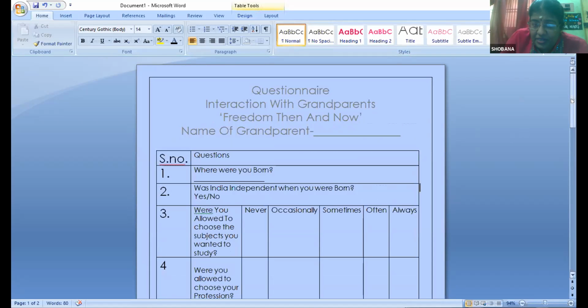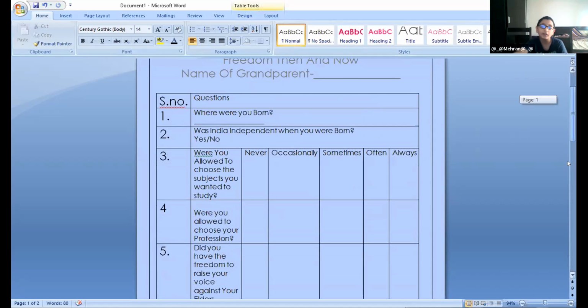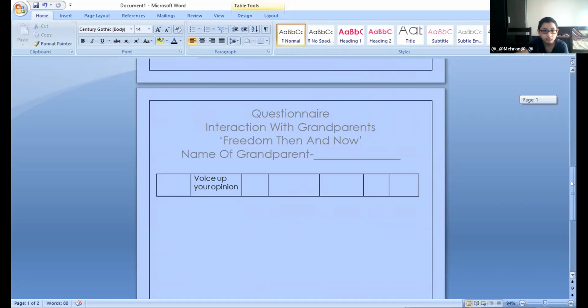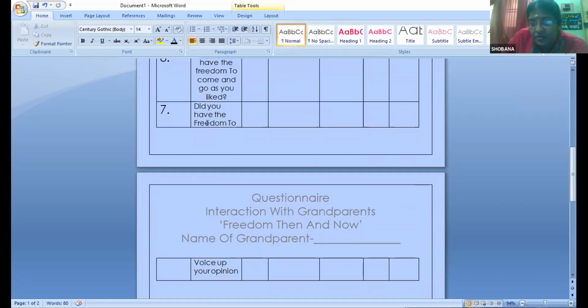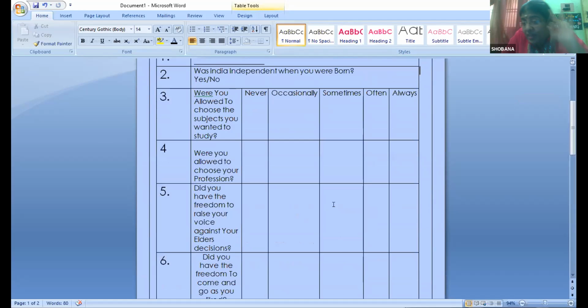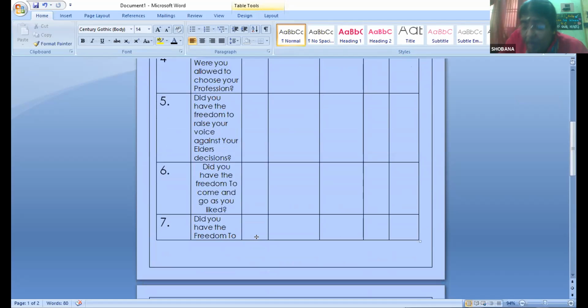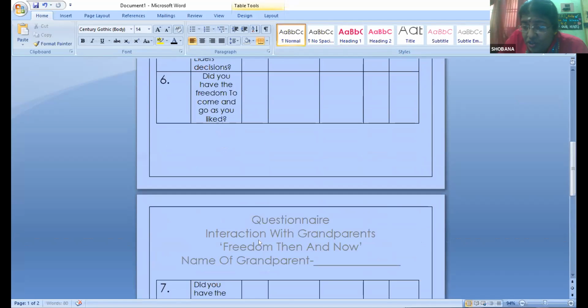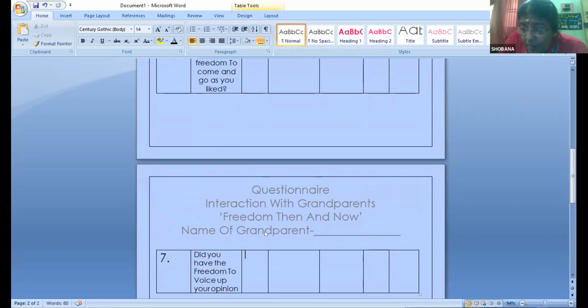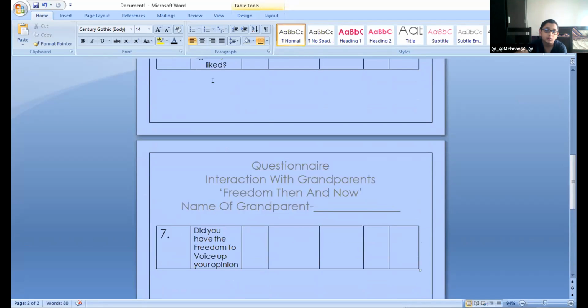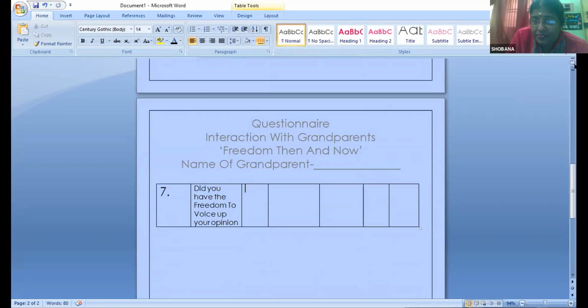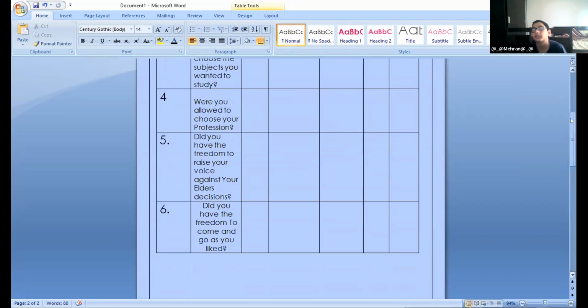Totally, how many sheets of this should we have? I made only 7. How many questionnaires are we supposed to have? Same typical questions, but how many sheets typically? How many grandparents should we interact with? 3 minimum. Who are they? Dhyan, who are they? I only have three grandparents.